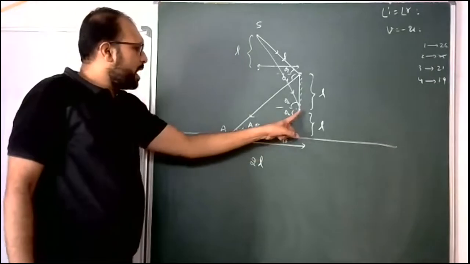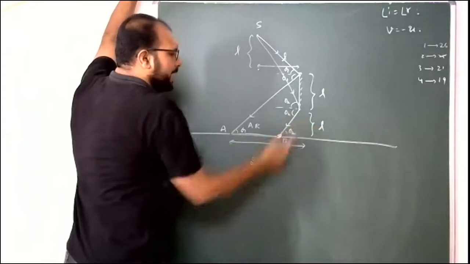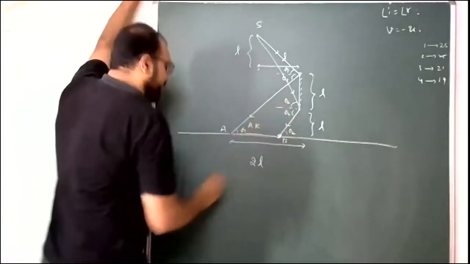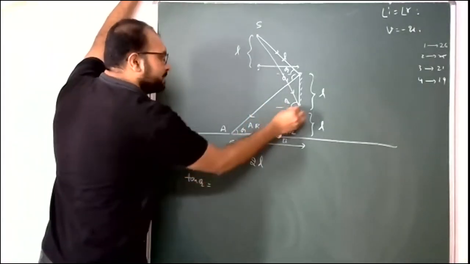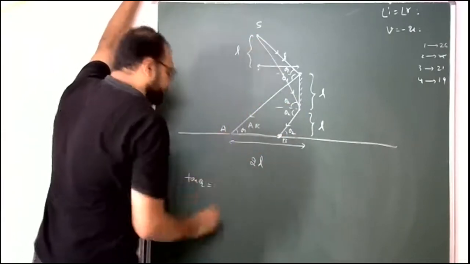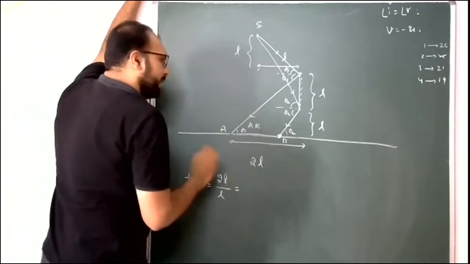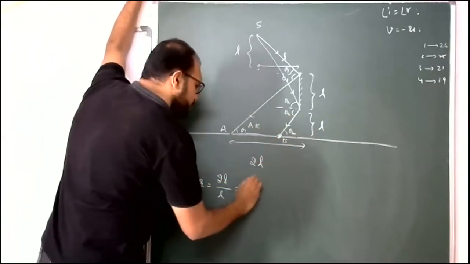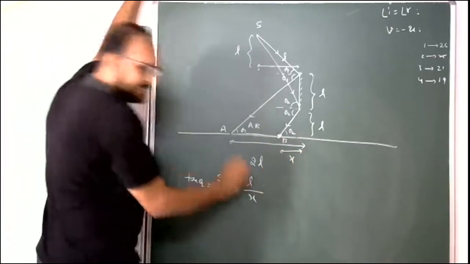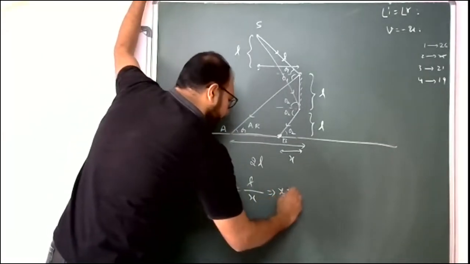Tan theta 2 opposite divided by adjacent. Students, opposite already we know L. So adjacent now we need to find out. Yes, here tan theta 2. Tan theta 2 right angle triangle, tan theta 2 total 2L divided by students L equal to same tan theta 2, opposite L divided by here to here we don't know, that is X. Yes, so from this students X equal to L by 2.